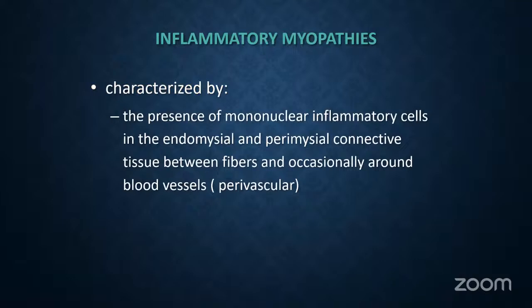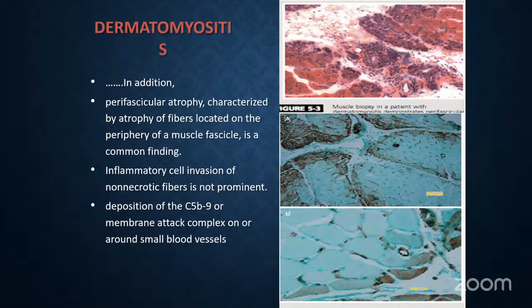Inflammatory myopathies have mononuclear inflammatory cells in the endomysial and perimysial connective tissue between the fibers and occasionally around the blood vessels. In addition, dermatomyositis may have perifascicular atrophy. Inflammatory cell involvement of non-necrotic fibers is not prominent, and there might be deposition of C5b-9 membrane attack complex on or around the